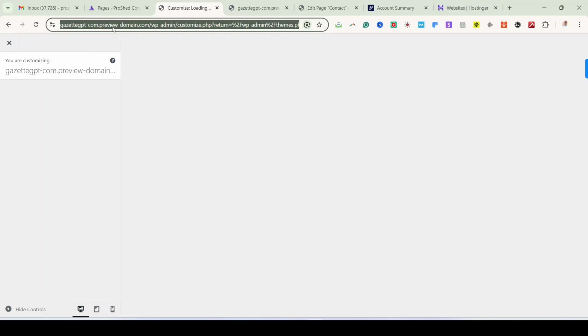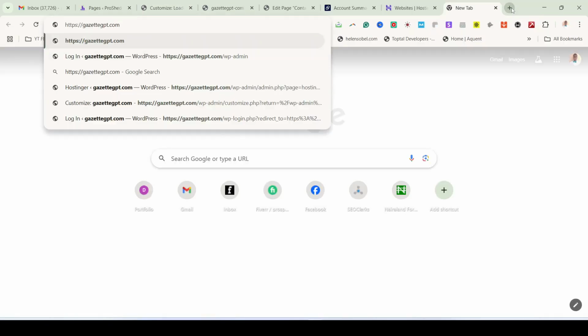So once you click on customize, you notice that the page is taking time to load up. Now, just check this URL here and check if it is still in the preview domain mode. With all the time we've used from when we added the domain to our hosting account, it should have propagated, but it is yet to reflect here. So you can just open a new tab and just type in the name of the domain directly. That's based on the domain we are using now, gazettegpt.com, then